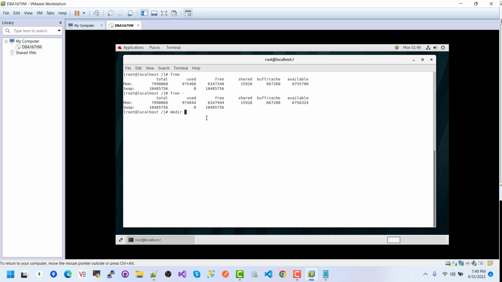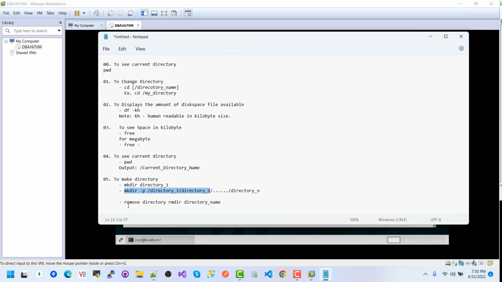mkdir -p slash dir1 slash dir2 slash dir3. If I hit the enter key, our directory is created successfully. If we want to remove a directory,